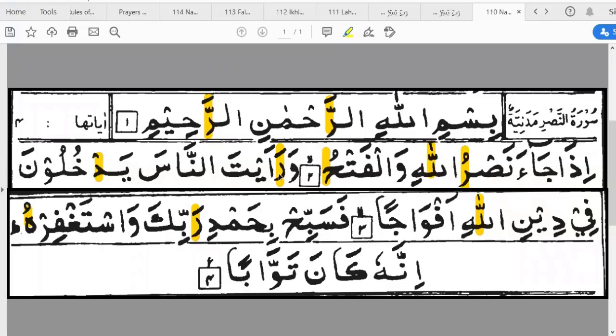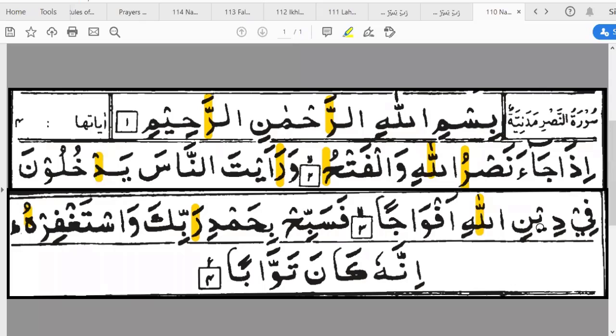Again, letter Ra, a thick letter. Wara'aytan. Good. Over here, letter Dal with the sukoon is a qalqala letter. So we know when we have qalqala letters, we produce a jerking sound. Yadkhuluna. Good. Again, over here, we're going to join